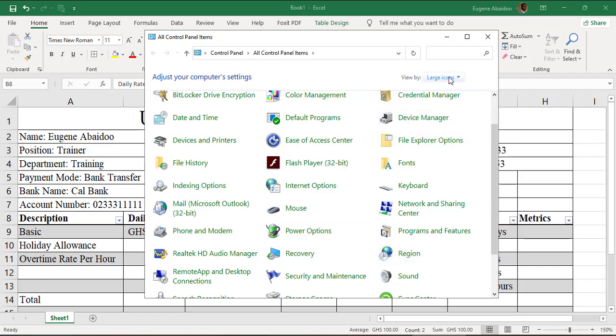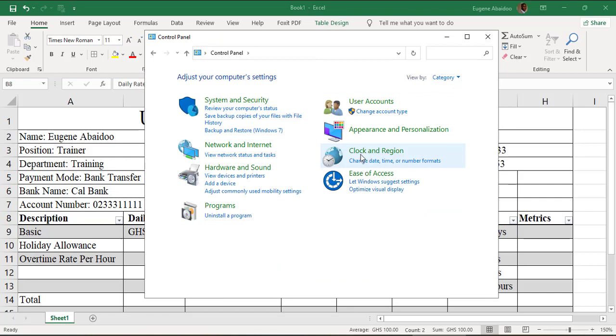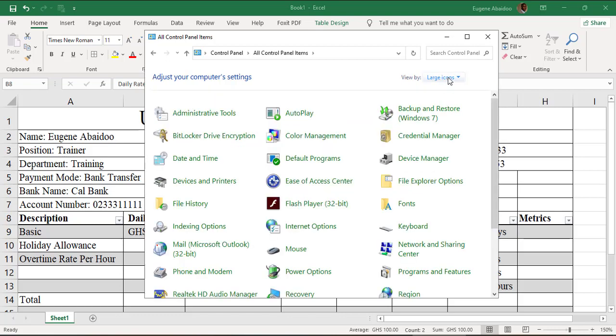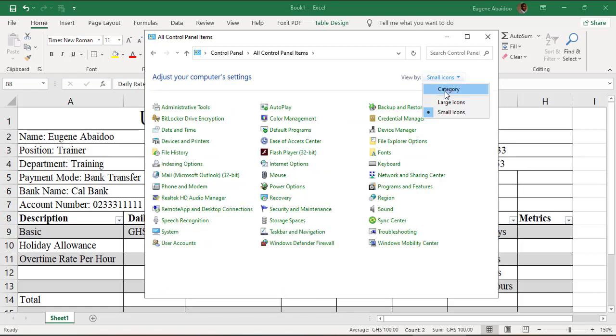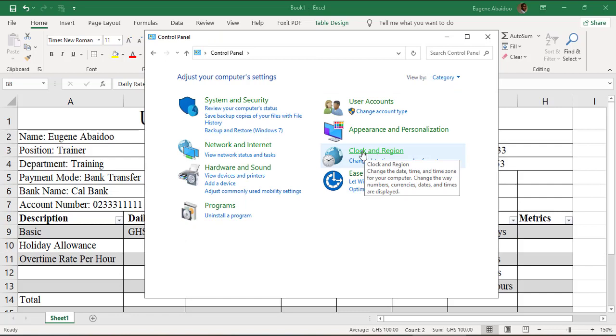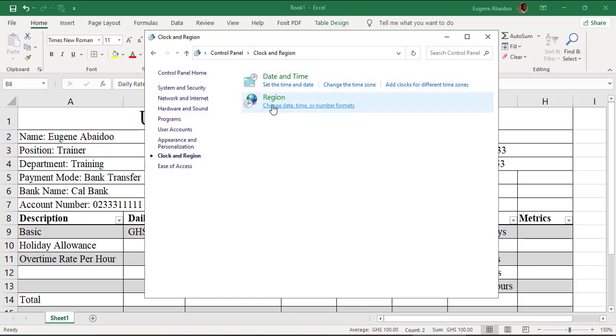Sometimes the control panel is sorted to category view. Even if it's at category view, you'll still see an option that has to do with region, right? So whether you are in the large view, the small view, or the category view, you look for an option that has to do with region. Now when you click on this, you'll still see another option over here that has to do with region. You click on that,